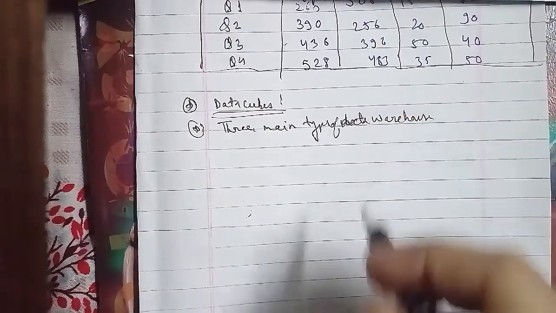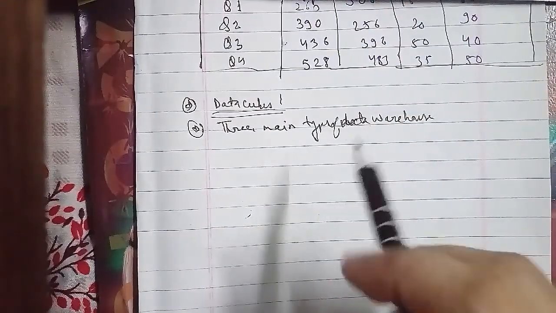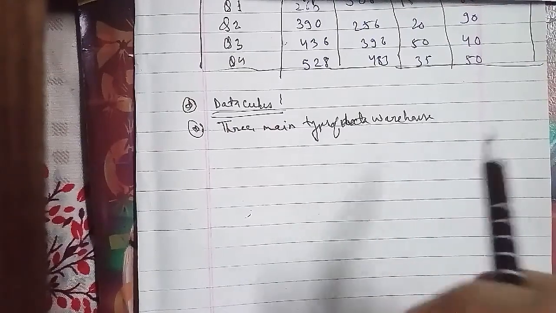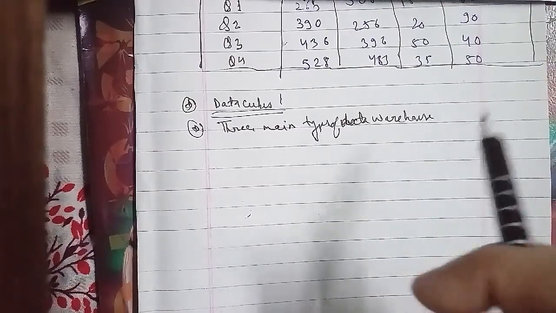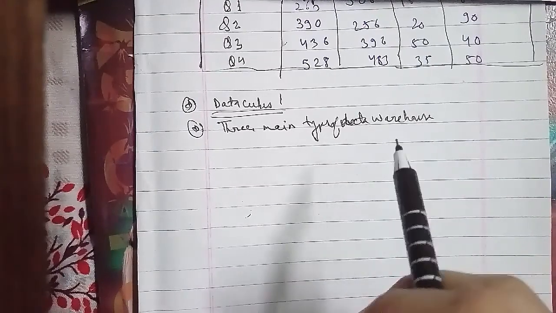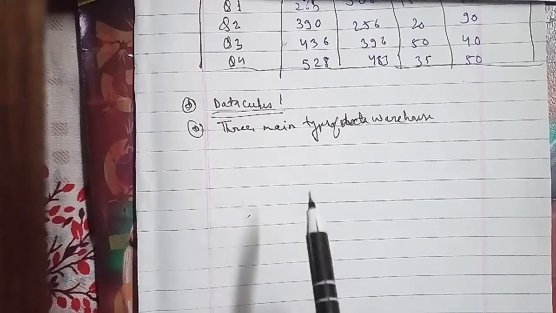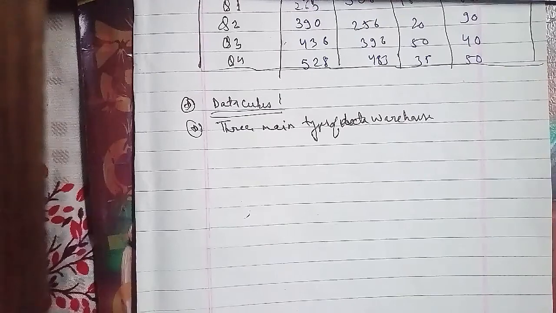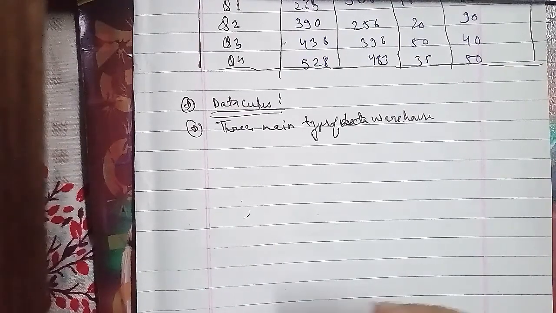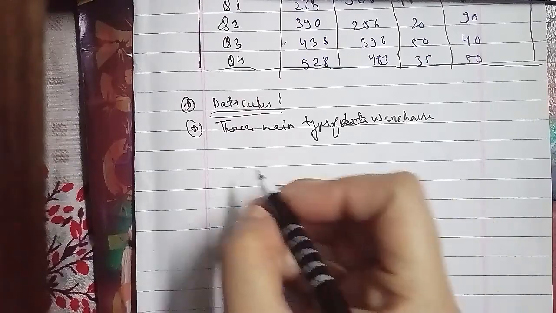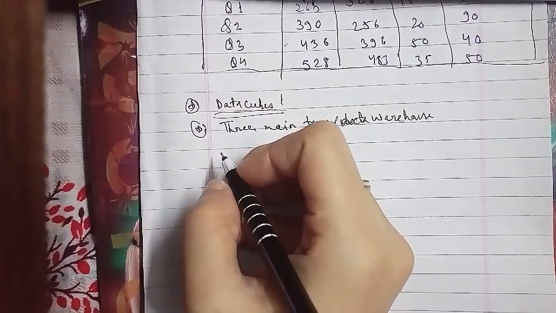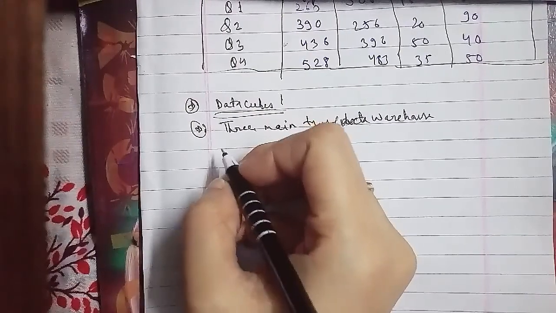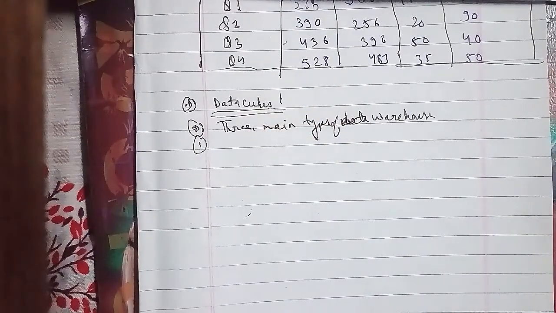The application areas of the data warehouse are as follows. We'll go ahead with the first one, and that is information processing. Information processing deals with querying, statistical analysis, and reporting via tables, charts, or graphs. Nowadays, the information processing of a data warehouse uses web-based accessing tools, typically integrated with a web browser.